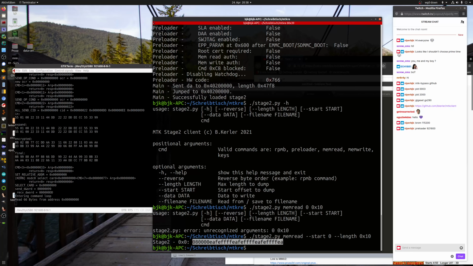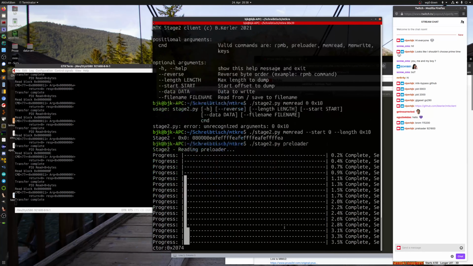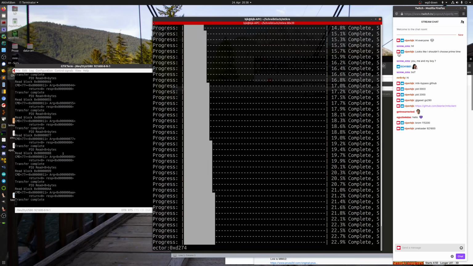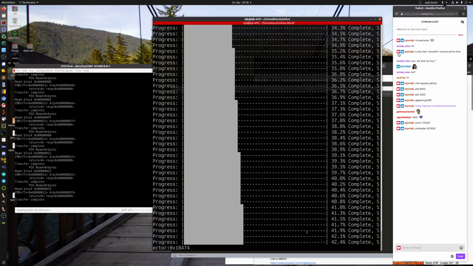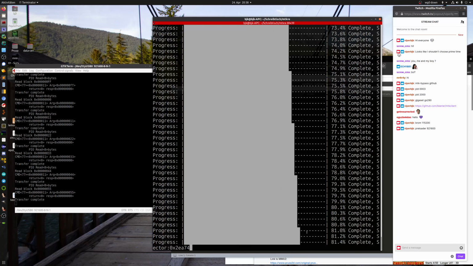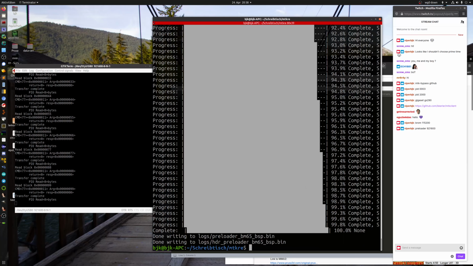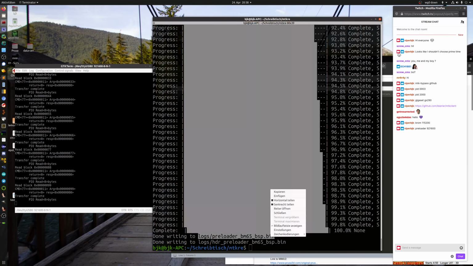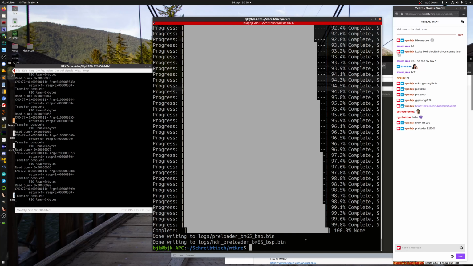So we are able to read the memory, we are able to write the memory, we are able to dump the RPMB, and what we wanted to achieve is to read the preloader. So we're going to start that, and as you can see, our eMMC driver is working, and it's going to dump the preloader. Okay, so the preloader has been stored over here, and the next thing we need to do is to reboot the device,